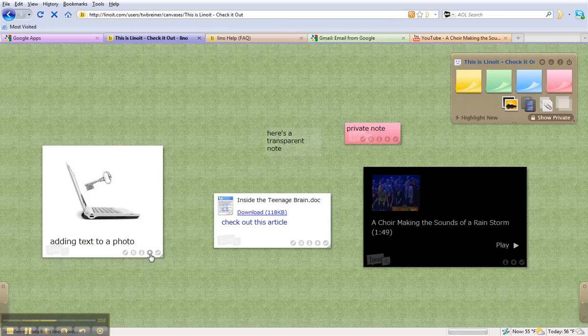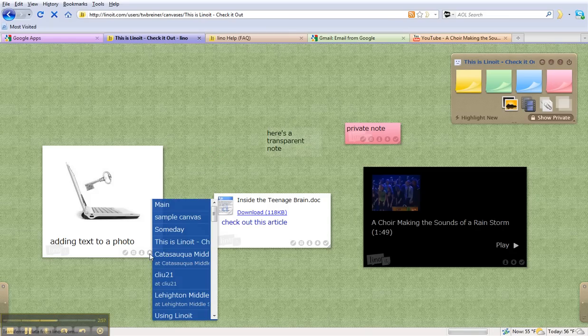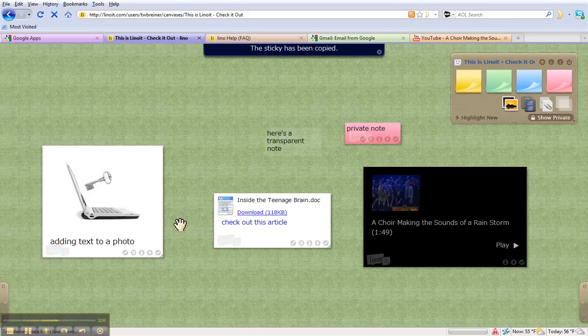All right. I can click on the icon that allows me to copy a sticky note to another canvas. If I have other canvases created, I can simply click on a canvas and the sticky will be copied from one to another. All right. And finally, I can peel off a note. If I decide, for example, here's a transparent note, I want to remove it, I simply click on the check marks to peel it off, and I've basically torn off or ripped off the sticky note from my bulletin board. I can undo it if I change my mind,